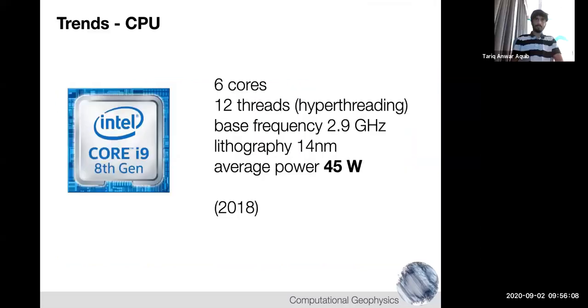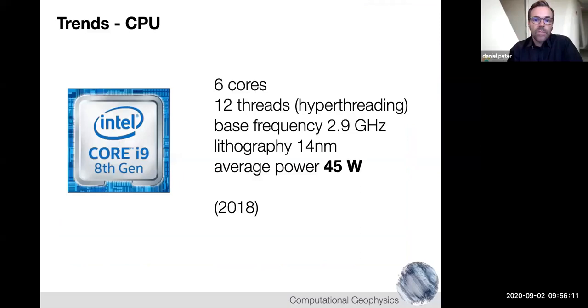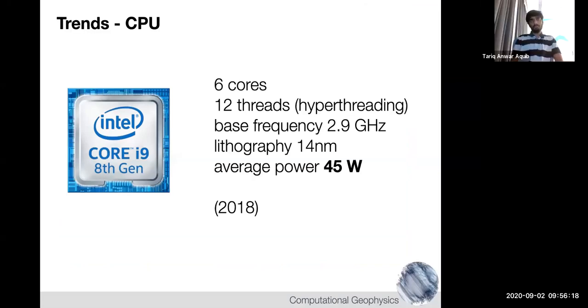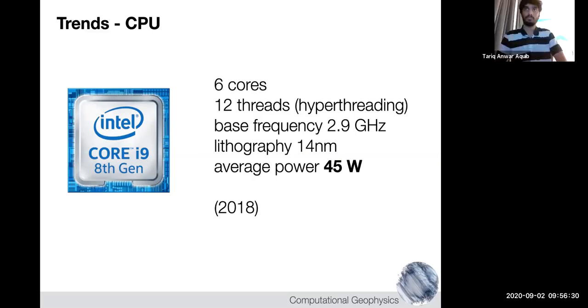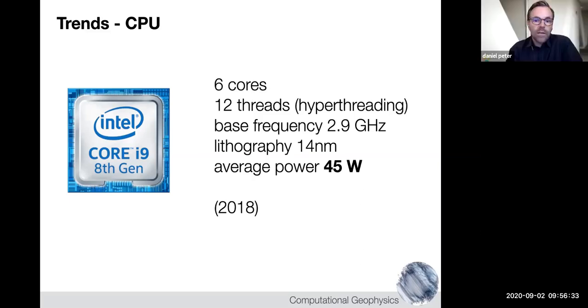And if you look at the number of cores, typically you have a chip here, it's from 2018, it was 6 cores. You could turn on hyper-threading, so you had 12 different threads or 12 different processes at the same time that were able to run in parallel. The base frequency is 2.9 gigahertz. The lithography is basically how small the transistors became. It's 14 nanometers. So they shrink that more and more,